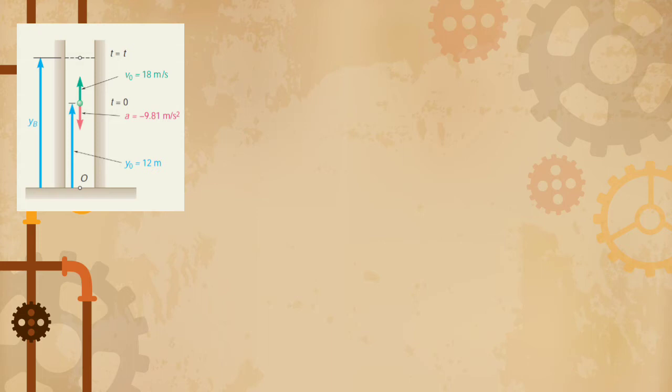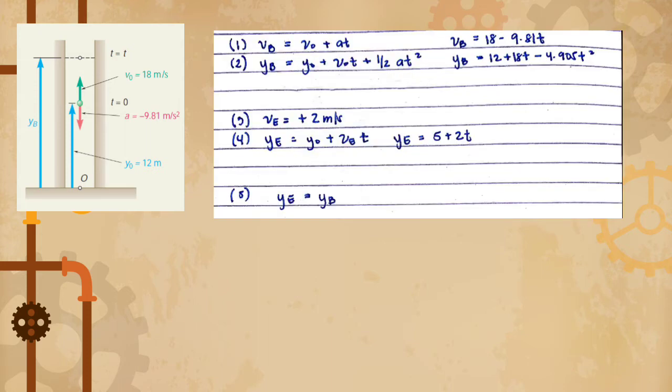Substituting these values in the equations for uniformly accelerated motion, we get for equation 1, v_b